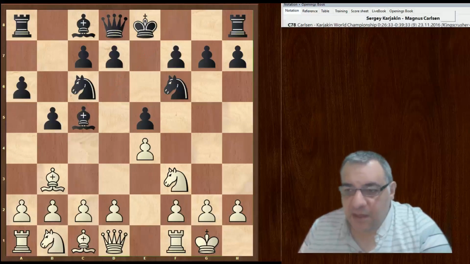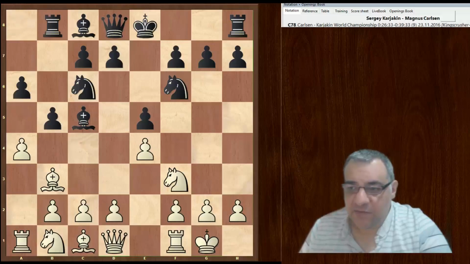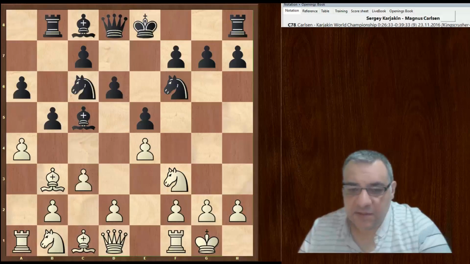Now, it's quite aggressive. We see a4, there's a bit of a downside here though. This structure is immediately attacked. Rook b8, c3, d6, d4 hitting the bishop,